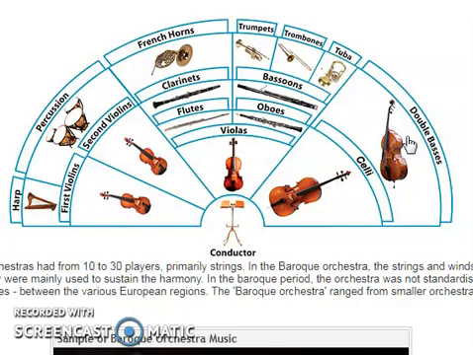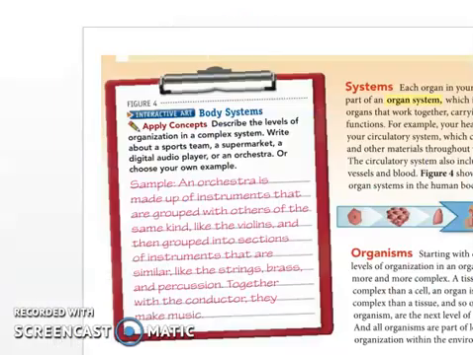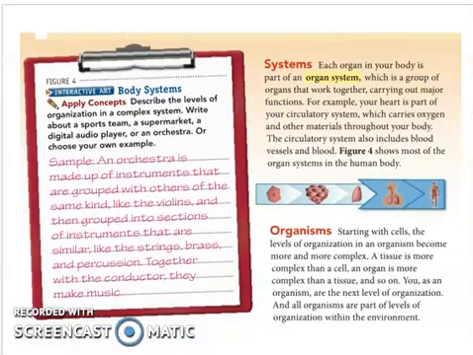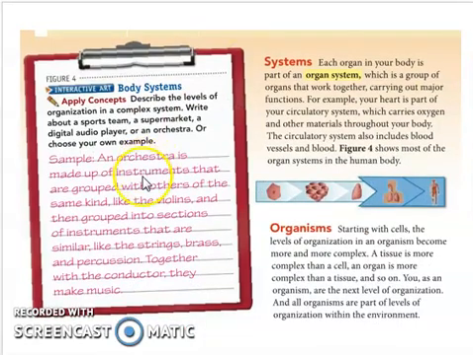So the body, our body, is organized according to its function, according to its structure, and for our protection also. Okay, let's go back here to our slides. So I choose an orchestra. For you girls, you can choose your own, for example, a sports team, a soccer team. How can you compare a soccer team to the organization of your body or to the school?